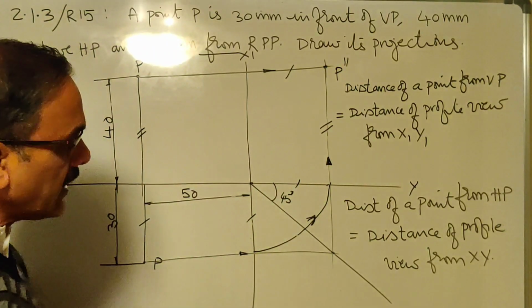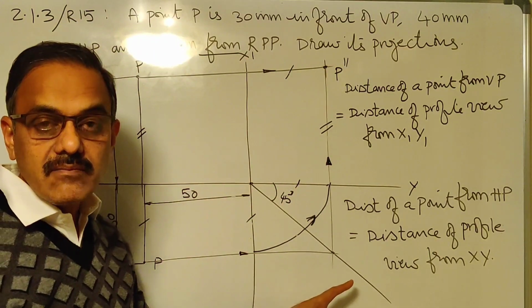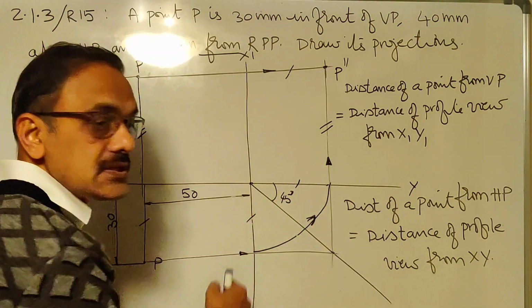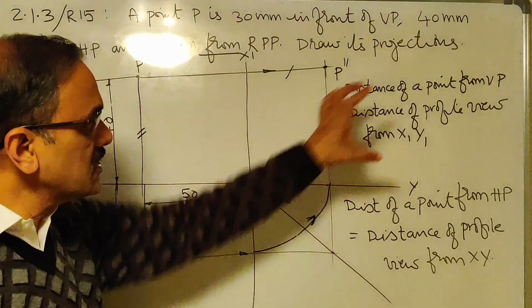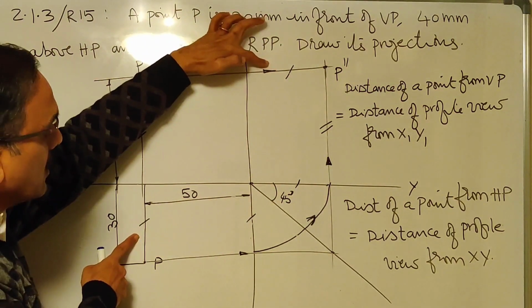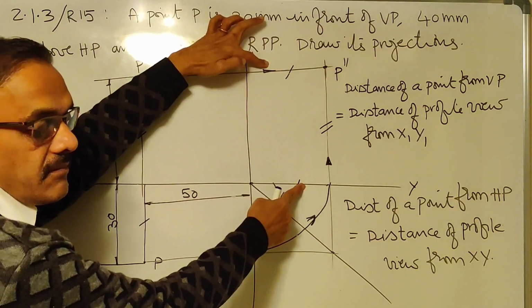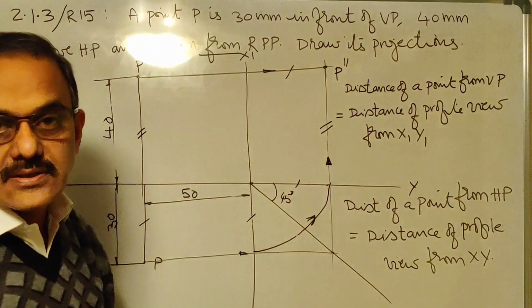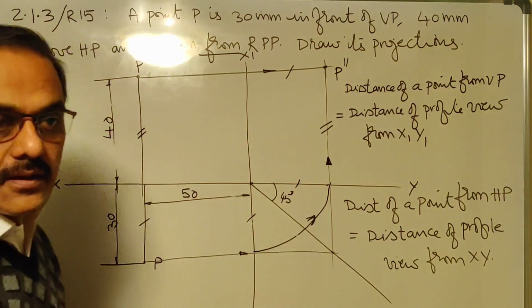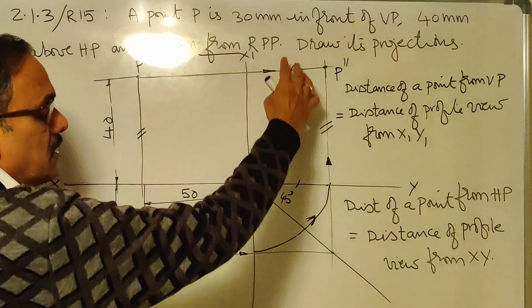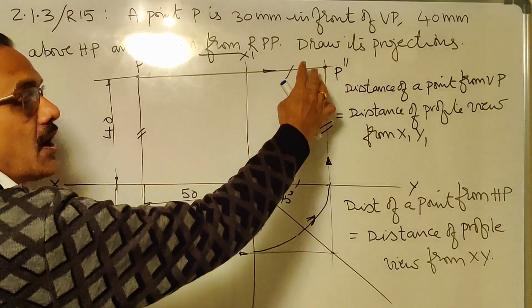That is the reason why this is made 45 degrees. If it is made 30 degrees or 60 degrees, the distances cannot be made equal. So the statement says this distance should be equal to this. When these two are equal, this should be equal to this. If these two have to be made equal, this has to be 45 degrees. So this part is done. Okay, you must accept now why this procedure is adopted.